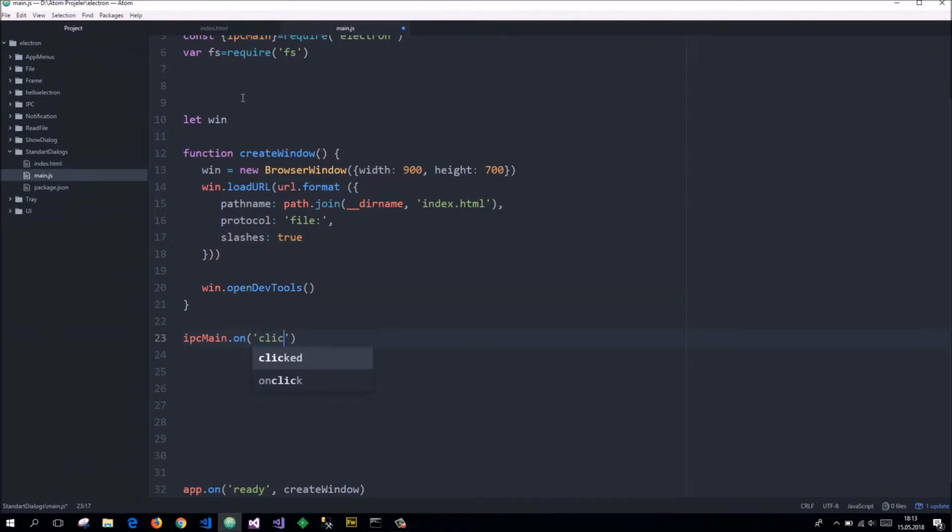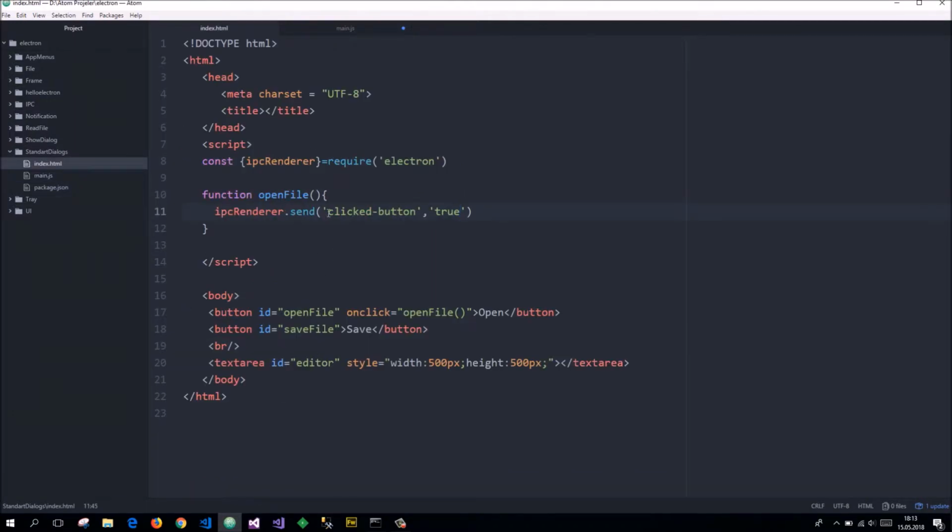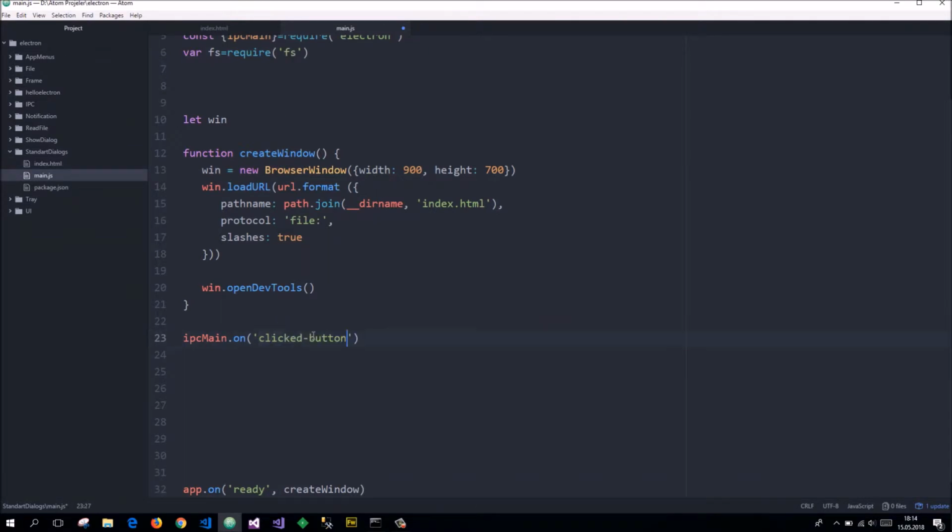Method name is clicked button. Copy and paste. Clicked button and event and argument. If argument is true, we open the dialog. If arg equal true,